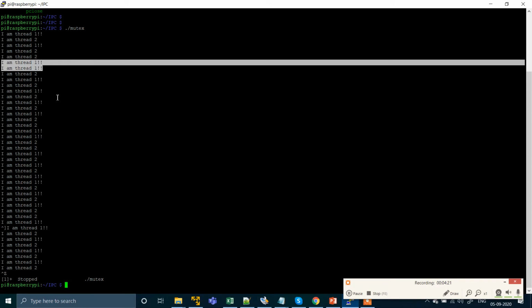If you want to address a race condition in your code, then you have to use a synchronization mechanism. There are two synchronization mechanisms: one is mutex and the other is semaphore. Here you can apply a mutex, and then this blink function will be synchronized between the two threads. So let's understand how you can use the mutex.